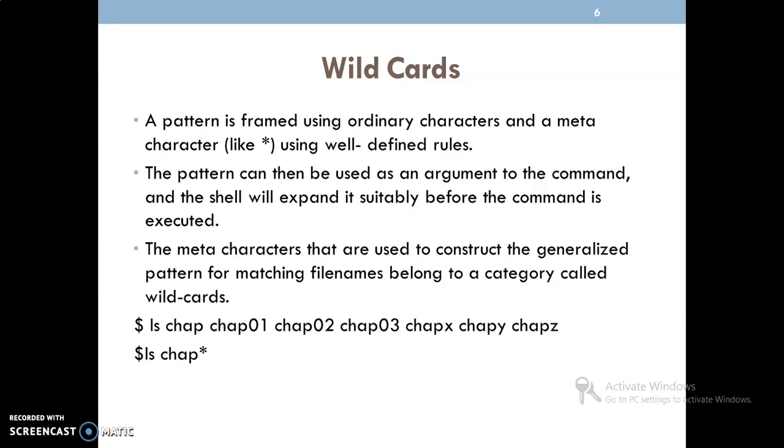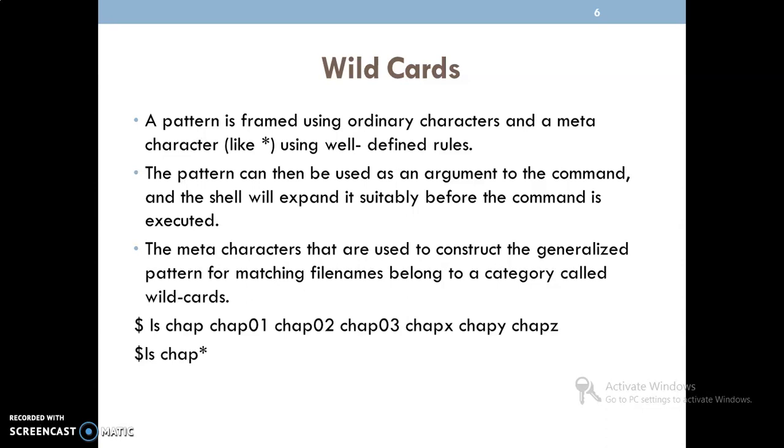In the example so far, if I take the ls command with chap*, before executing ls it will find the meaning of chap*. That means the chapter files ending with different characters like 01, 02, 03, x, y, z, and so on.